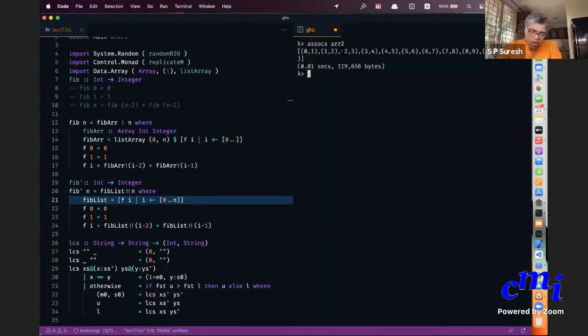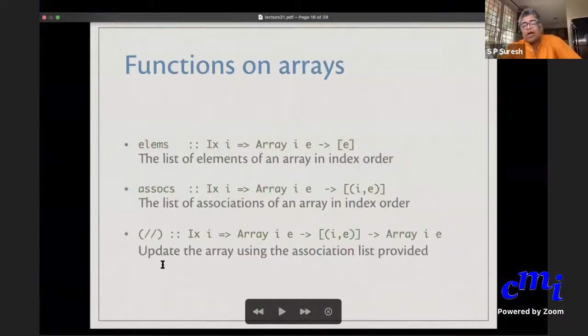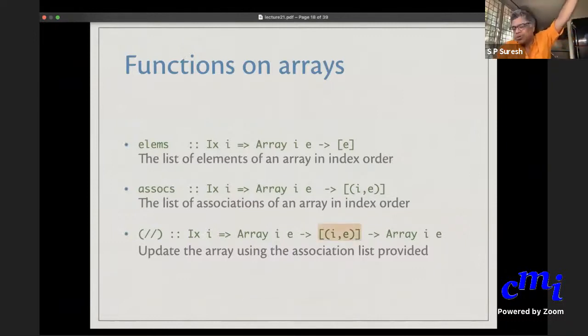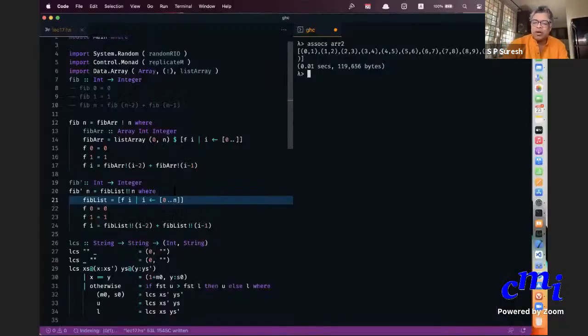Okay. Having said all this, finally, you can also update the array. You can update an array as follows. Given an array, you can give a new association list saying at this index, this value should go, at this index, this value should be there, etc. And then, for instance, now say this array 2, you are associating 0 with 1, 1 with 2, etc. Instead I can say assocs, array 2 update using the following association list.